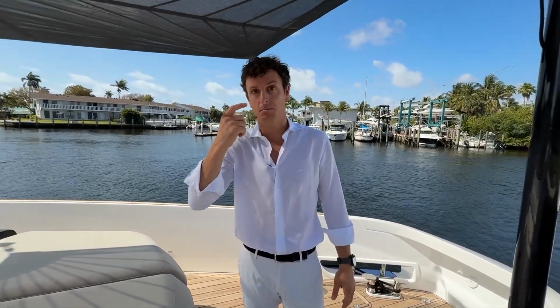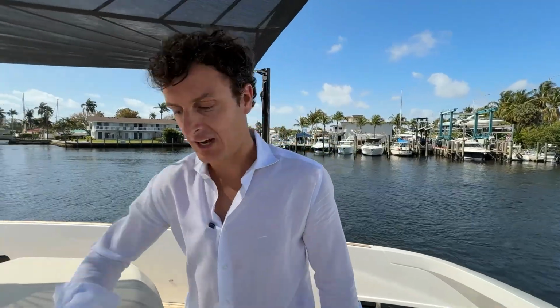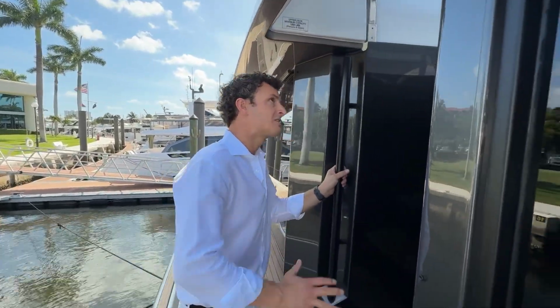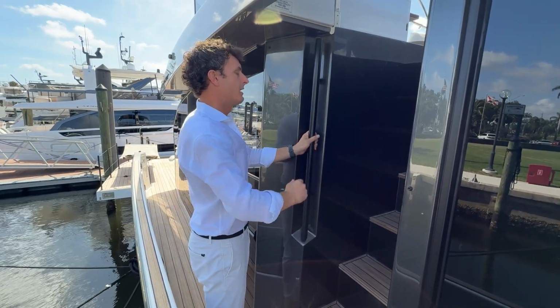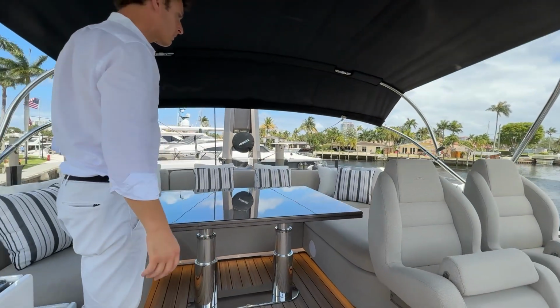And most importantly, one of the most exciting parts of it, which is the staircase that leads to it, which, as you saw, is not on the Fun Island. This way we were able to have a fully open, clean, smooth Fun Island. We're located there on the starboard side, and come take a look because it's absolutely stunning. And here is the staircase to the bridge, which is cut, like hidden, on the starboard side of the boat. Whenever you're looking at the boat from the outside, it looks like a design piece. It really came out fantastic, and it gives you a smooth, easy, and very wide access to the bridge,